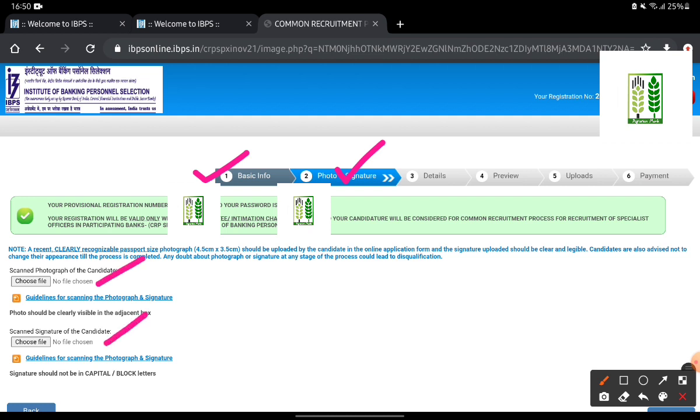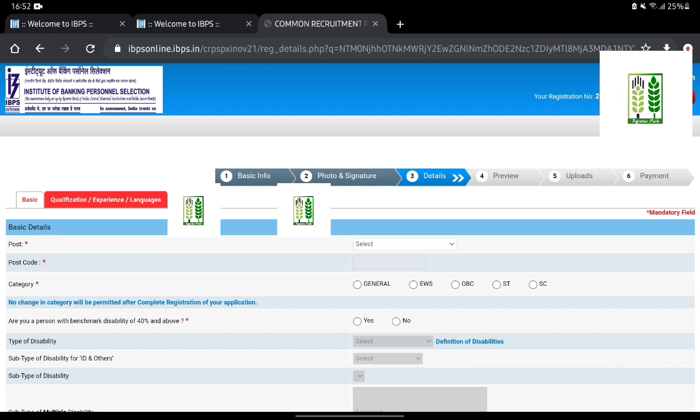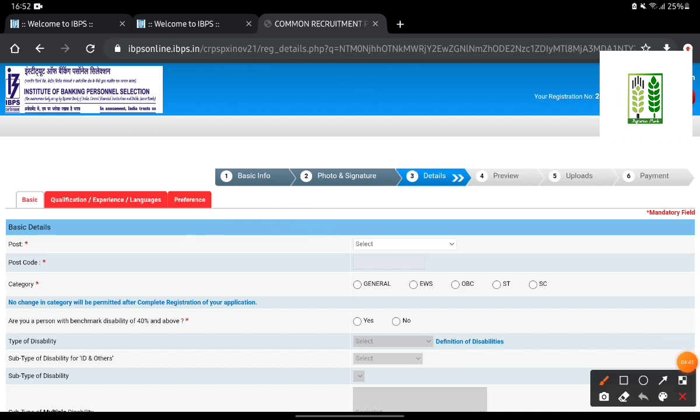You have to make sure that the photo and signature are in the specified size mentioned in the application. After uploading your photo and signature, you have to click next. Then there will be the third part, that is details regarding your basic details, then your qualification, then your preference.